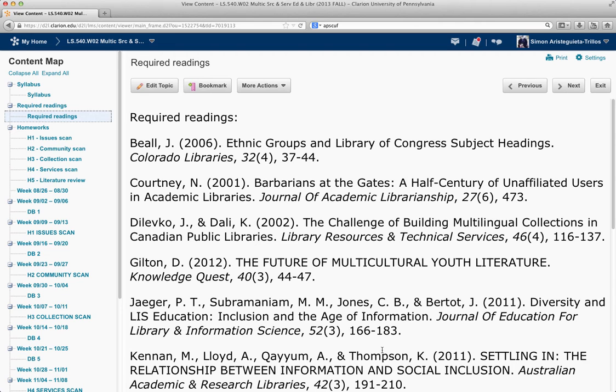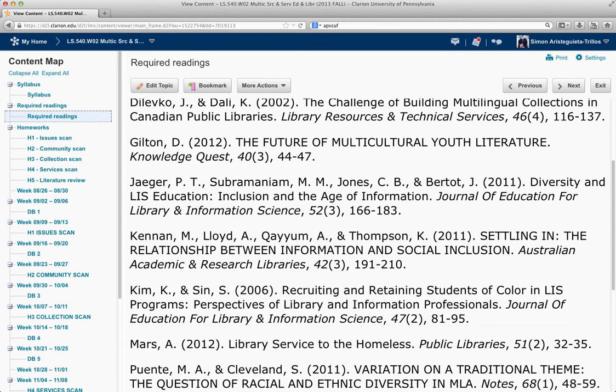So I read like 200 articles, and these were my selection for this class. But there's a lot of research being done in terms of diversity. Some are older than the other ones, but some are, like the first one, Ethnic Groups and Library of Congress Subject Headings. I think that's a great article. You may or may not agree with it, but it's a great piece of work. Because sometimes you don't think about the problems in diversity in terms of terms and controlled vocabulary or controlled language. And to me, that was fascinating.